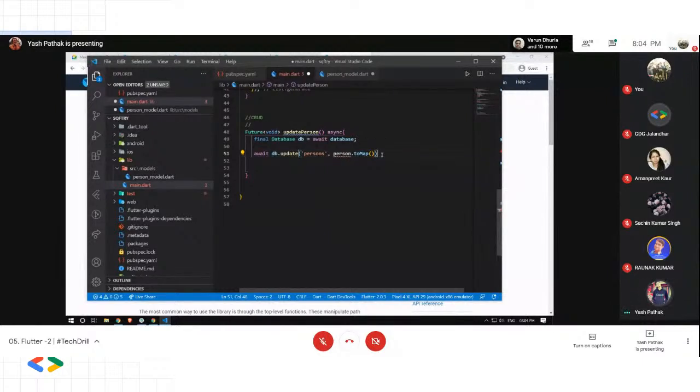Again, we are putting it into map. Okay. Now we will be writing a where clause inside this. So what where clause will do, it will find for a particular ID. Okay, since ID is our primary key, that's why we are dealing with ID here. Okay, so ID equals to,